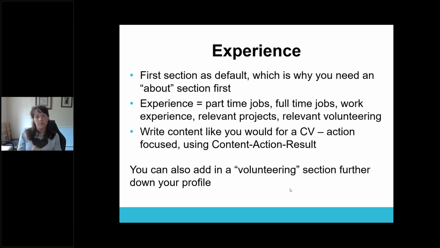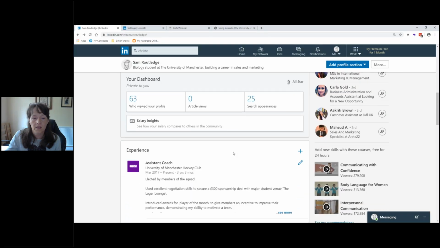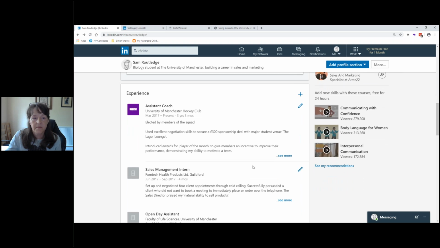So my advice would be, when you're building your profile, to have a look at all the sections and decide what works for you. Look at other people who are maybe in the sector you're aiming for, who have got the same kind of experience as you, and look for ideas in terms of how best to present your experience on your LinkedIn profile. So if you have a look at Sam's profile again, you can see on his experience section here,